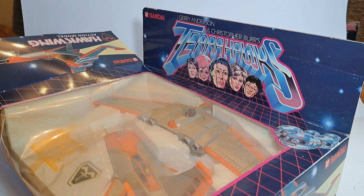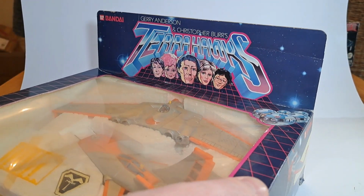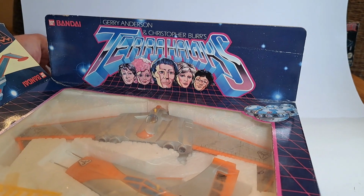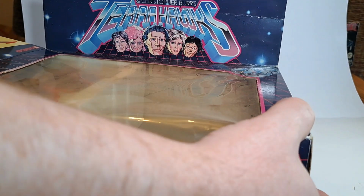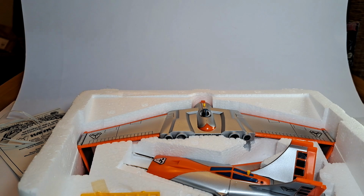I believe I had the smaller version of it, but I did not get this big version. And interestingly, the Hawkwing does not appear on eBay auctions anywhere near as often as other things do, to my mind. So I do wonder whether or not this is actually... Excellent, I've got the instructions. I was hoping I would have the instructions in the box. So I think this is actually a less common...